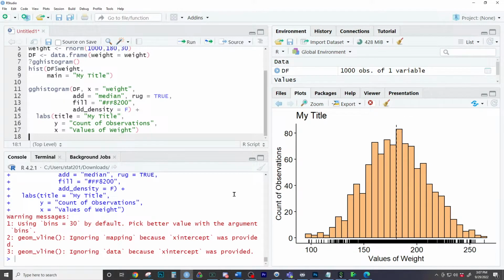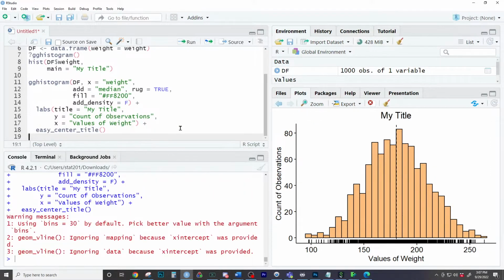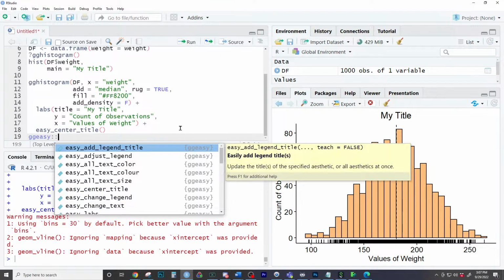Even better, easy center title, you bet. Shreya knows it right there. We might look at the other ggeasy stuff because now we just add to it an easy center title. And there you go. The title's been centered. Now there's other things. I haven't needed to look in ggeasy more, because I found ggeasy because people were telling me